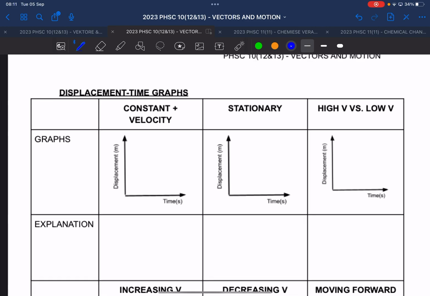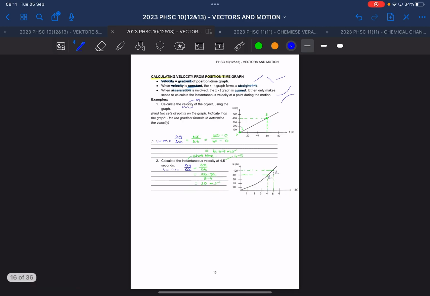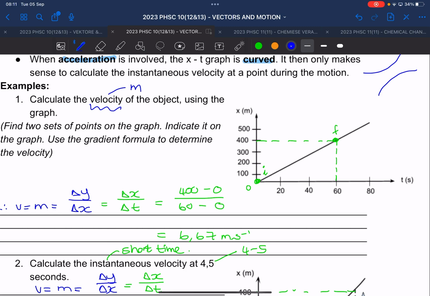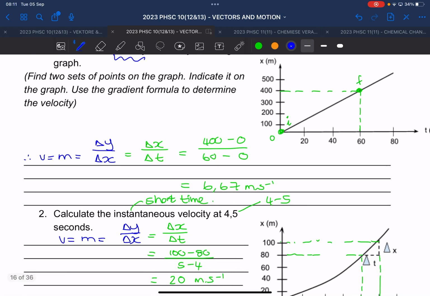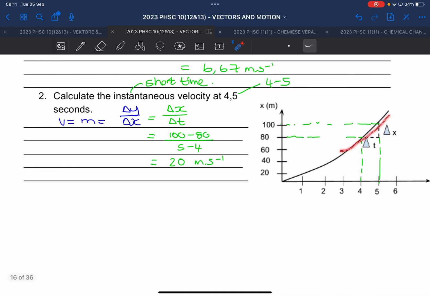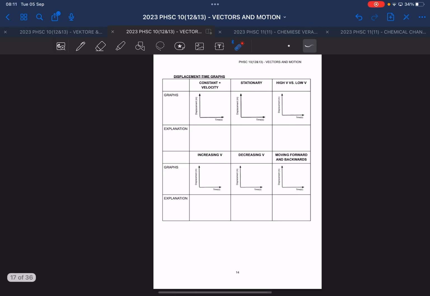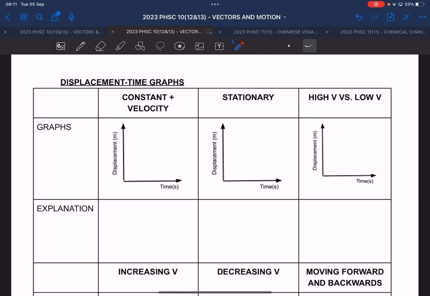Okay. So we started yesterday with displacement or position time graphs. Okay. And we looked at how the gradient gives us the velocity. We looked at instantaneous velocity. Now this page is just a summary of the different shapes of displacement graphs. Okay, so here we have a displacement time graph, and they say it must be for a constant positive velocity.